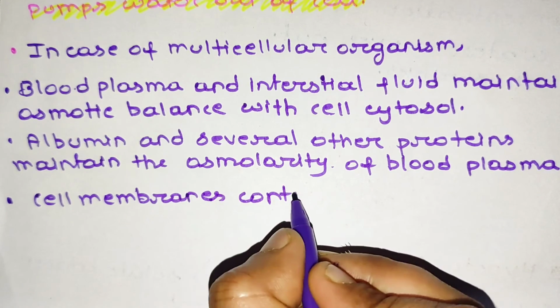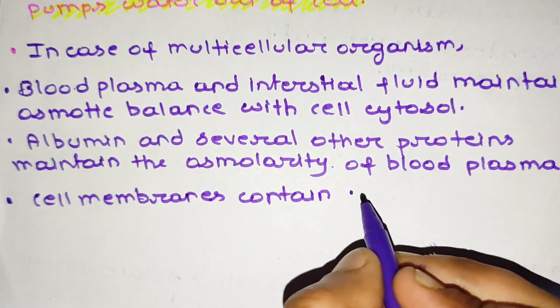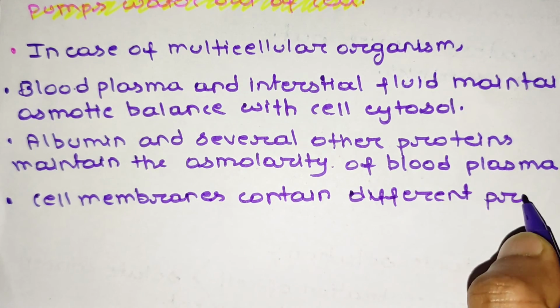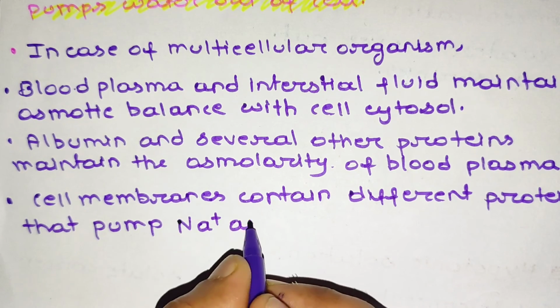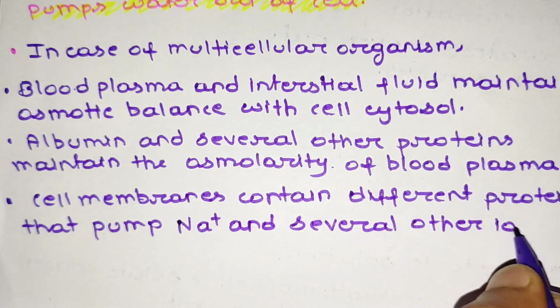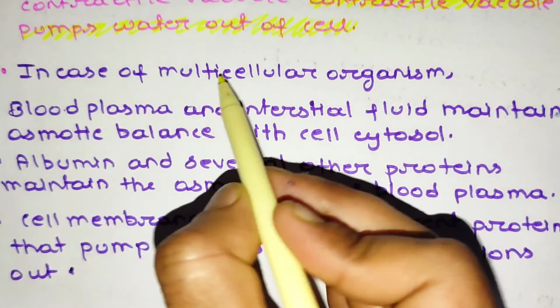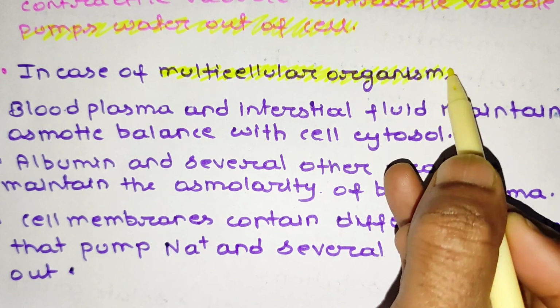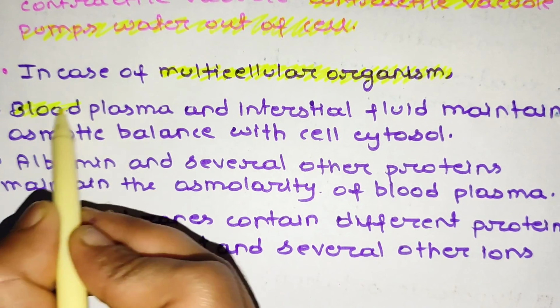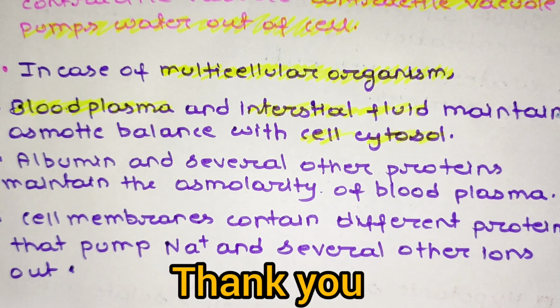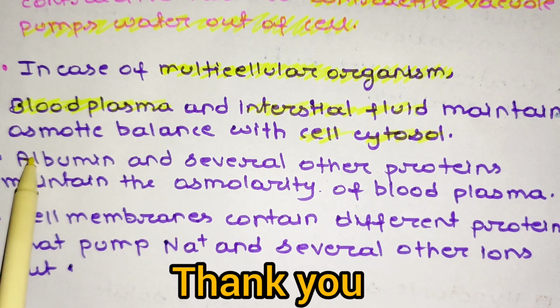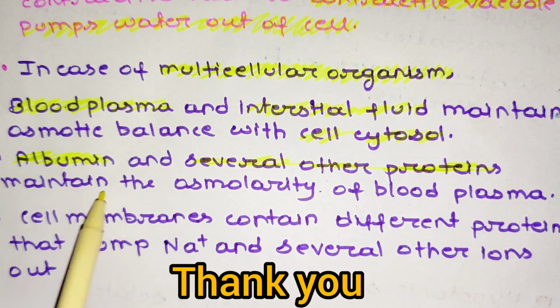On the other hand, the cell membrane contains different proteins, or you can say channel proteins, that pump Na plus and several other ions out of the cell to maintain osmotic balance with the surrounding. So in case of blood plasma, interstitial fluid maintains the osmotic balance with the cell cytosol. Albumin and several other proteins act as solutes and maintain the osmolarity of the blood plasma. On the other hand, the cell membrane contains different types of proteins that pump out Na plus and